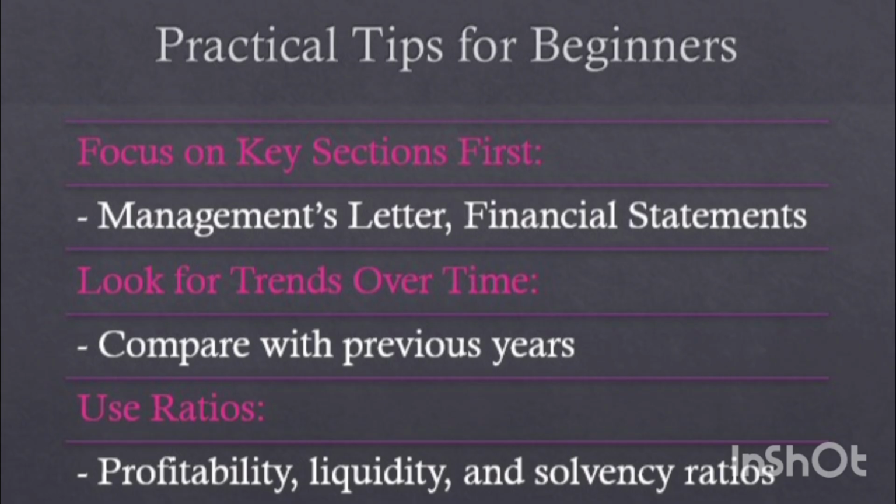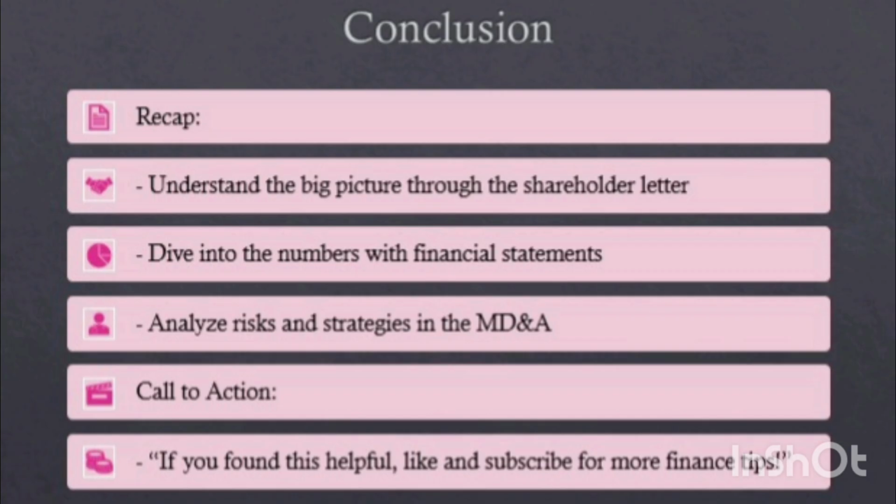Look for trends over time. If possible, compare the current report with previous years to identify trends in revenue, expenses, and profitability. Use ratios. As we discussed in our previous video, calculating financial ratios can help you quickly assess a company's financial health. To summarize, today we learned how to read an annual report, focusing on point number 1, the CEO's letter